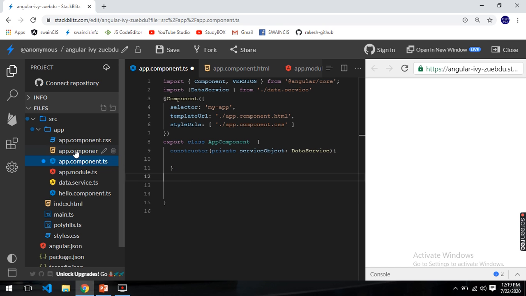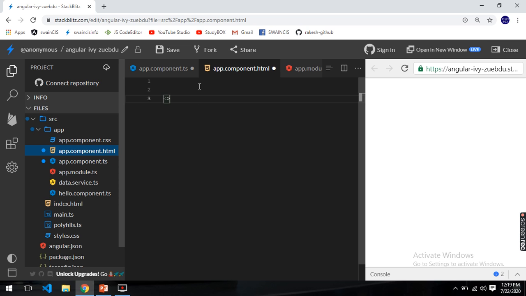Let me create a function which will call that functionality from our service class.